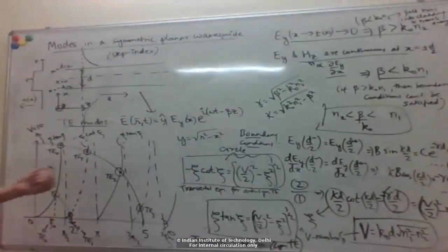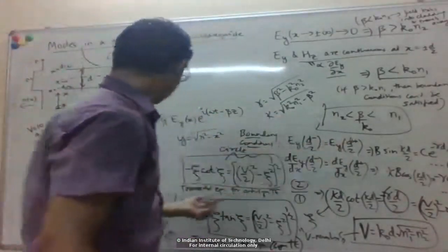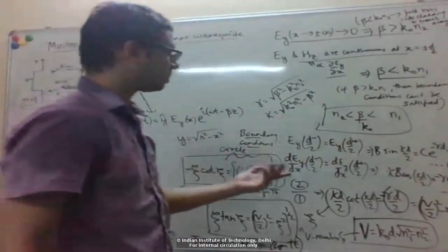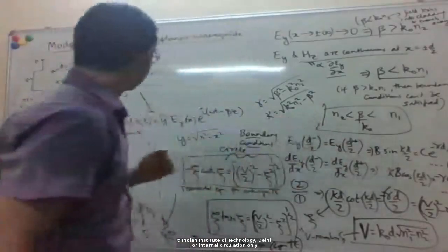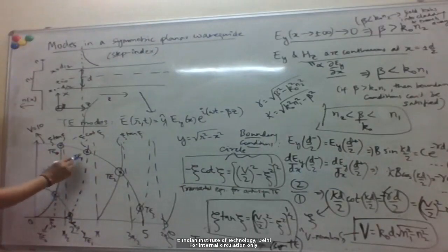Okay. And since beta determines kappa, and then the kappa, like cosine kappa x or sine kappa x, defines the field profile, they also have different field profiles. Right? It's just that the even ones have even symmetry and odd have odd symmetry. Right? So if you plot, this subscript here also denotes the number of zeros you have